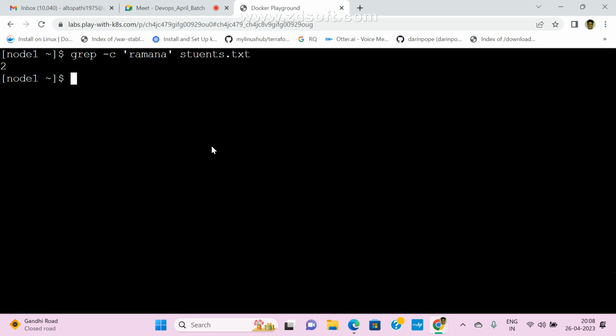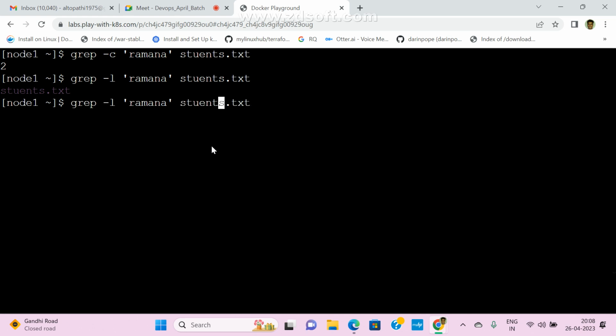If you want to see file names, we can use hyphen l. Now I am using hyphen i, which means ignore case, whether uppercase or lowercase, so Ramana in any case matches.